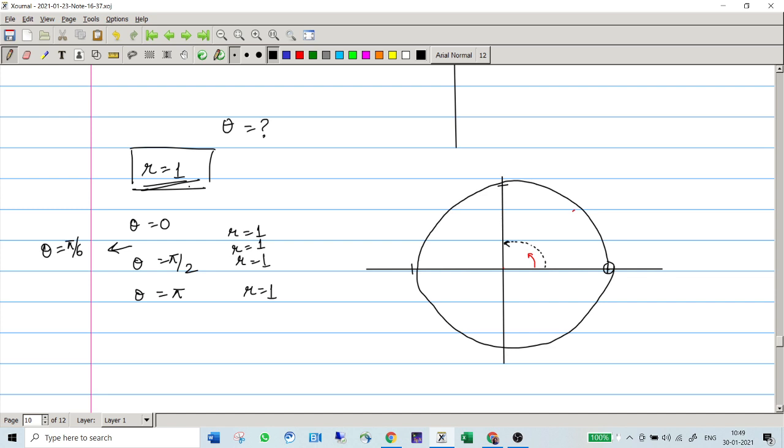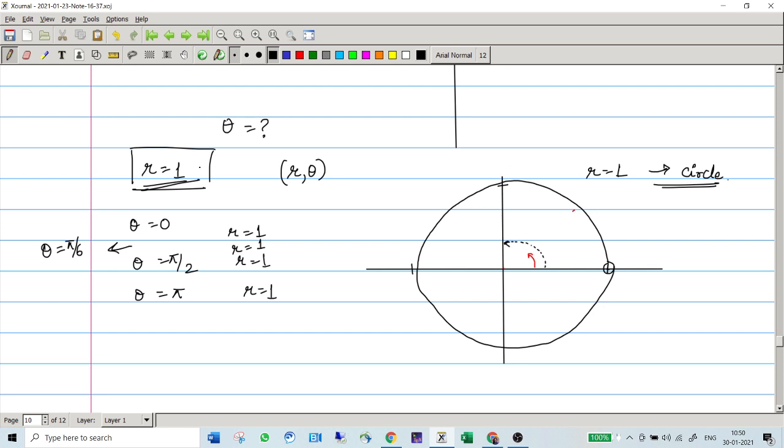That's how you will plot the graphs. You just collect the points r comma theta according to whatever equation we have. Right now r is equal to 1. It is independent of theta, so that's not a problem. For whatever theta we take, the value of r is 1 only. So for theta being anything, we are traveling by 1 unit from the origin, and we could notice that r equal to 1 yields a circle. Right? That's how you do it for r equal to 1.